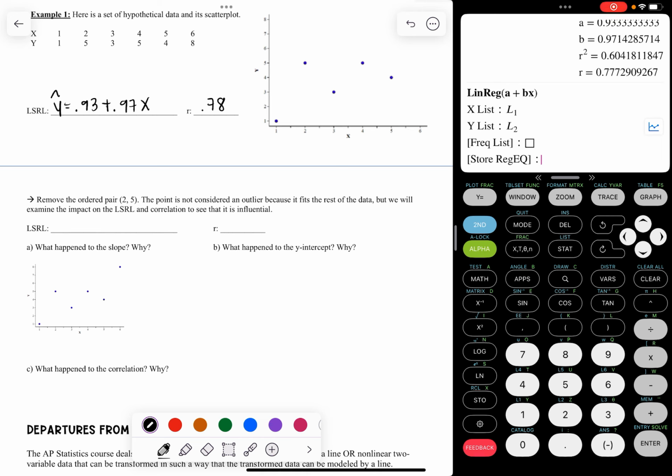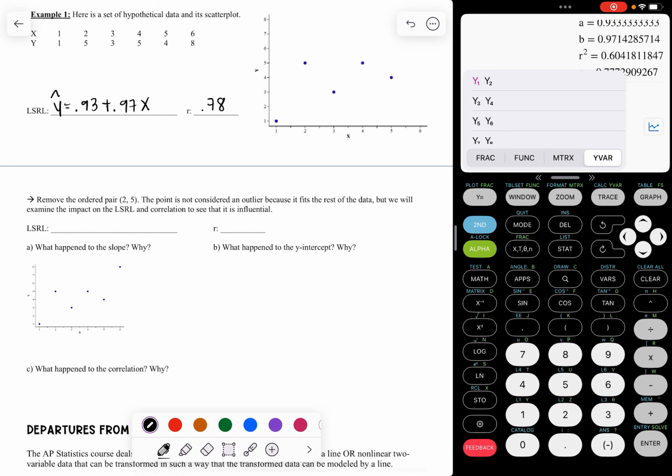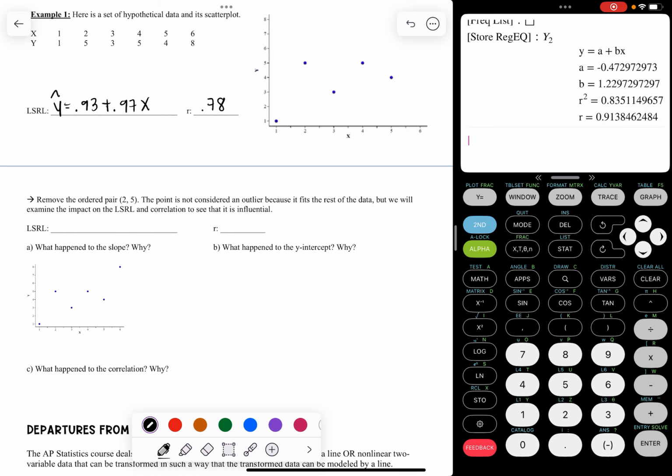I'm actually going to store this one in Y2 just so that we can see it compared to what we have originally. And so this least squares regression line is going to be y hat is equal to negative 0.47